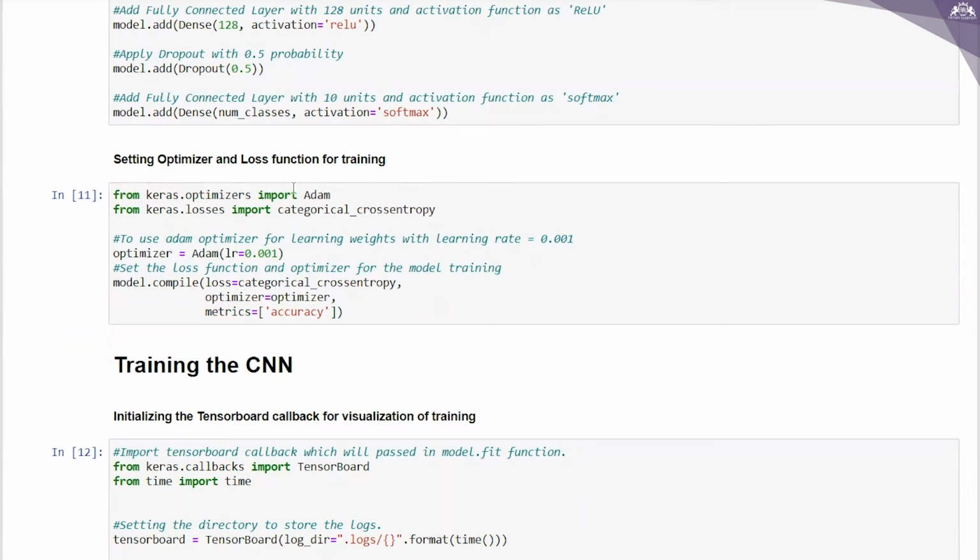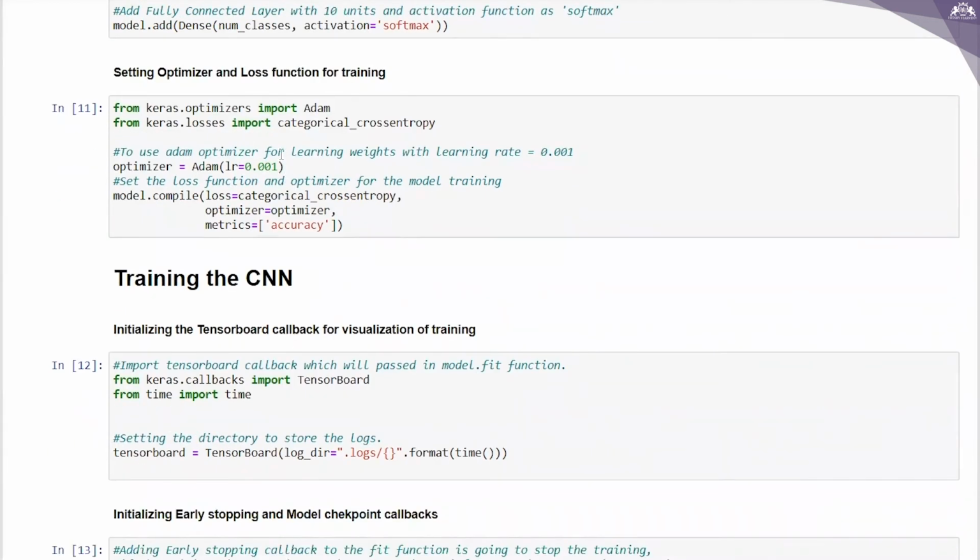So I'm going to use the Adam optimizer. So from keras.optimizers import Adam, and for the loss function I'm importing categorical_crossentropy, right? For Adam we have to use a learning rate. So I am adding it as 0.001.